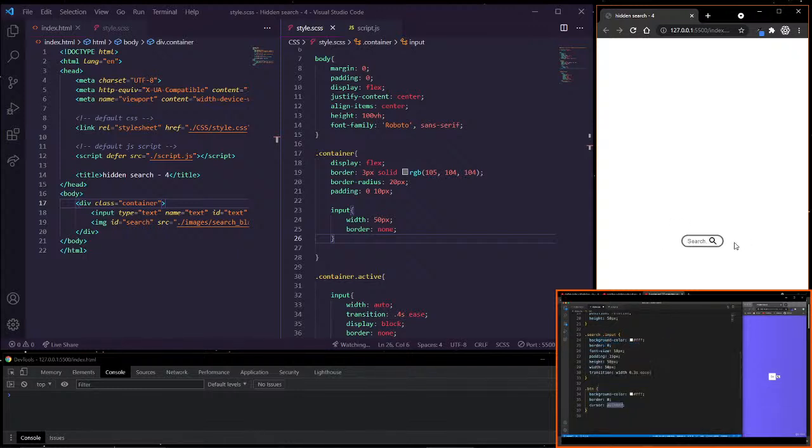We want the cursor to be a pointer when we hover over it. We want a font size of 24 pixels. So remember, this is the button with the icon, and I want to position